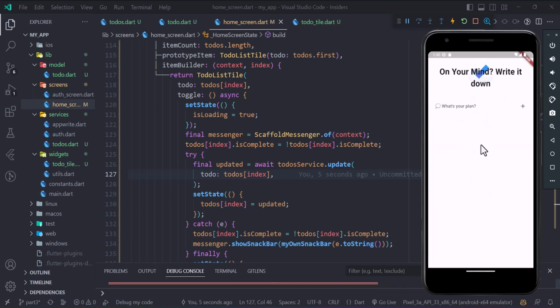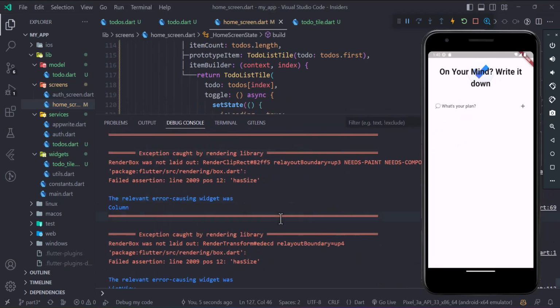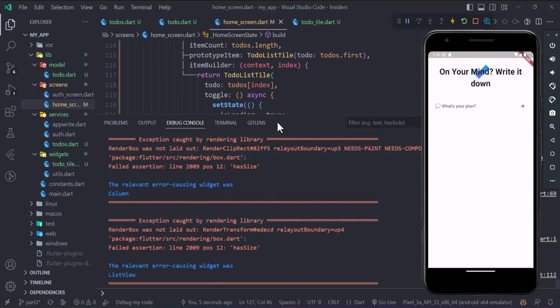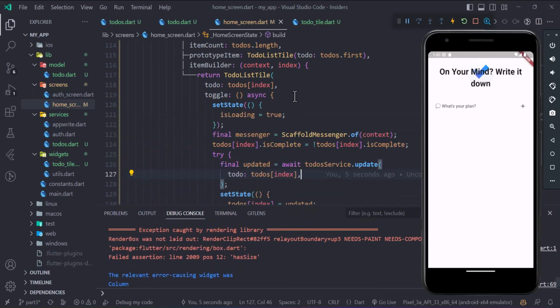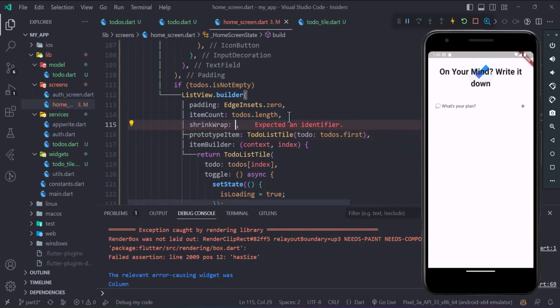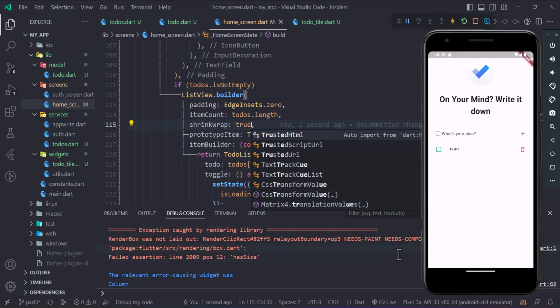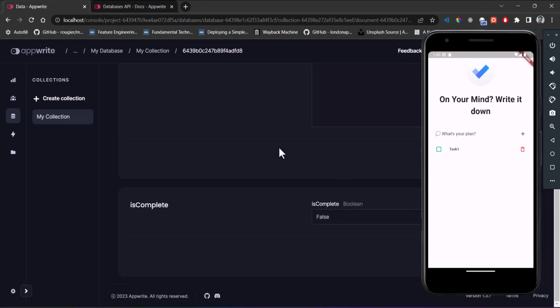Click on login and we got some error. Let's see. Okay, we are using a column inside of a list view, that's why we got this error. So how we can fix it is by providing a property known as string wrap equal to true. Save it, and as you can see, the to-do which was present in my collection